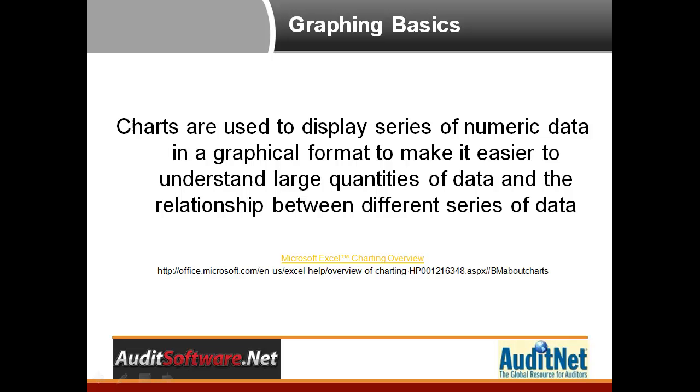Just going over some basics on graphing. Graphing really helps to take numeric data and make it easier to understand. A lot of times when you're looking at data files, it gets a little blurry. By summarizing, say, by month or year or vendor, you can get a better graphical idea of